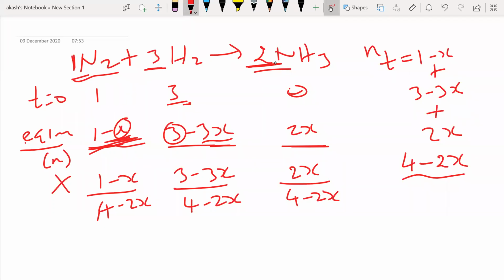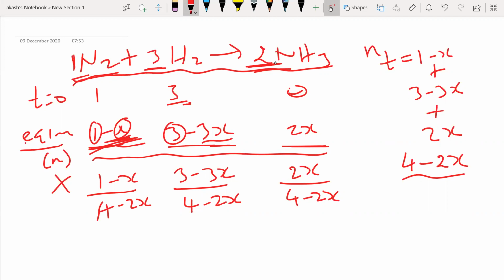Now, till now any doubts, guys? What we did till now: we have to know how to draw the equilibrium table properly, and this all depends on the stoichiometry. These numbers come from the initial number of moles given to us. They are telling us a 1:3 ratio, taken in the initial vessel, and the x, 3x, 2x all come from stoichiometry. Now they've given the mole fraction of NH3, so we're going for mole fraction here. We calculated the equilibrium mole fractions.